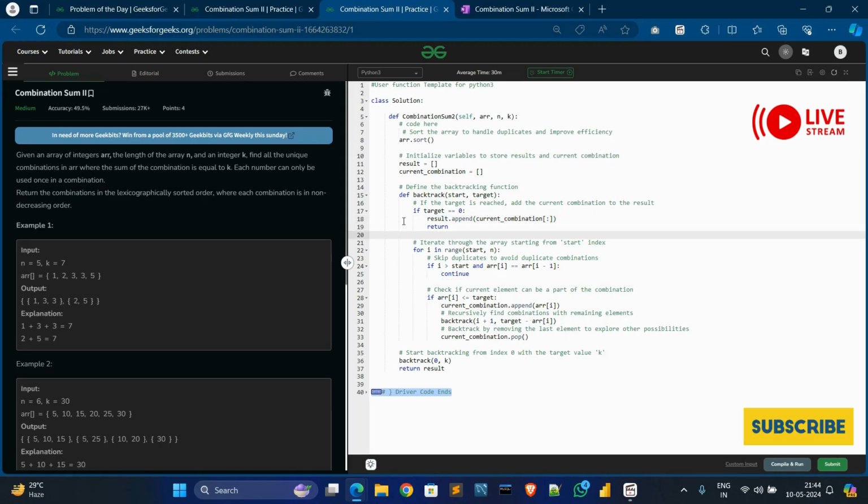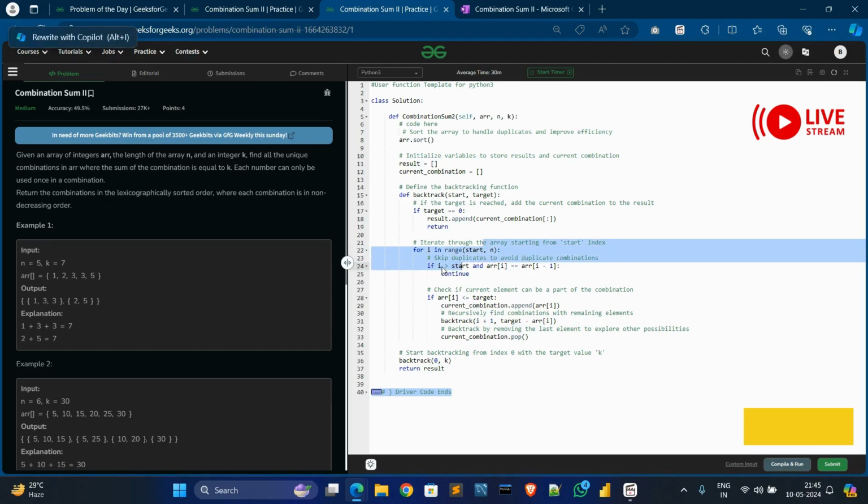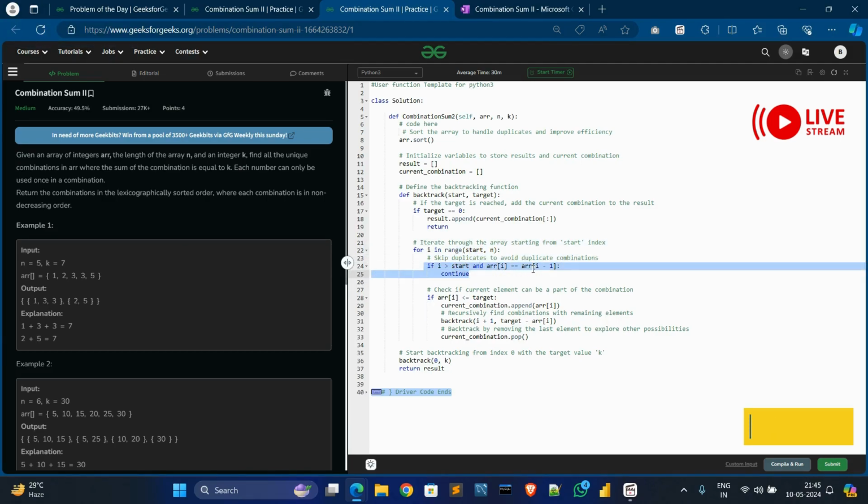Then we iterate over the array starting from the start index, so we create a for loop from the start index to the end of the array. If we find a duplicate value, we skip that duplicate combination.